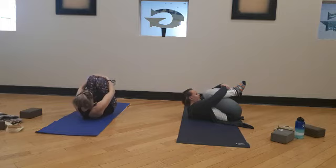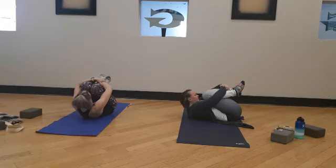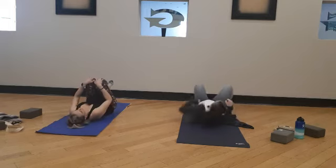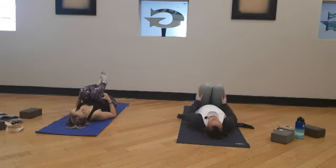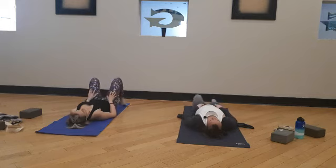And as you exhale, feeling the contact that is being made with the floor and your low spine. Feeling that gentle melting. When you're ready, coming towards your final Savasana,